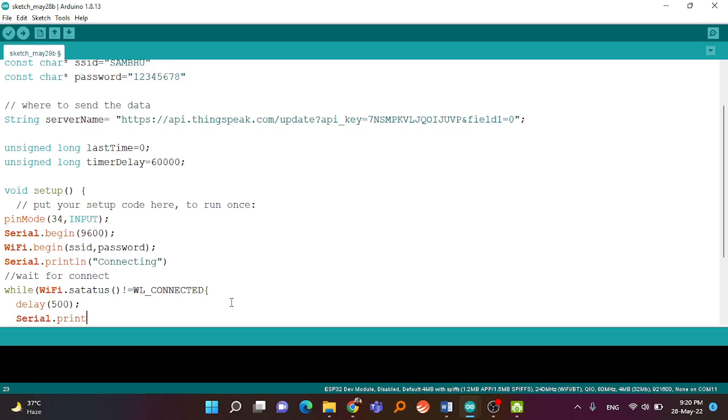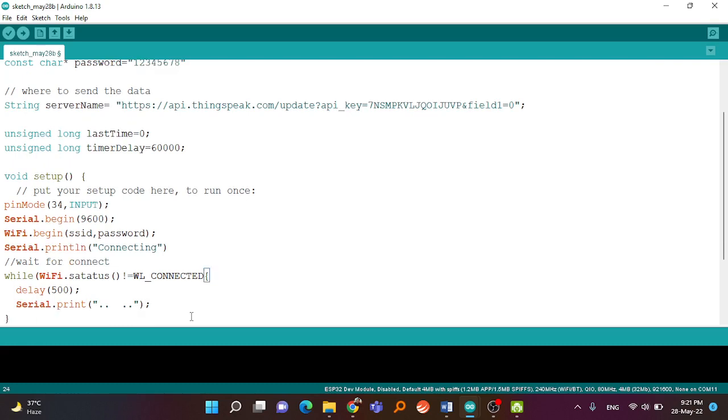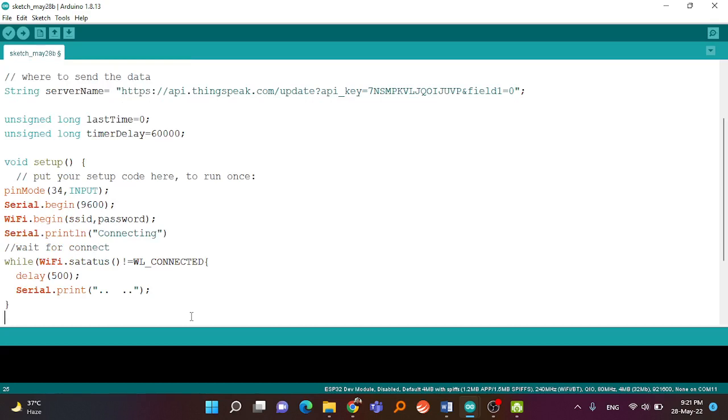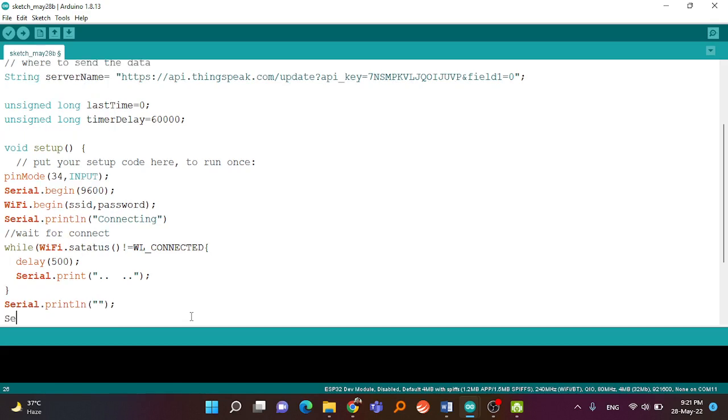Then we'll print Serial.print, not println, only print a simple character. I will print dot, space, dot. Okay, so like this, till the Wi-Fi is connected, it will keep on printing these dots. If you have seen, the dots are like buffering, something like that. Next, Serial.println, new line. First I am giving a blank space, so it will go to a new line. And then we'll again print